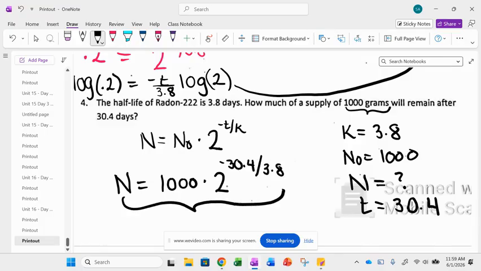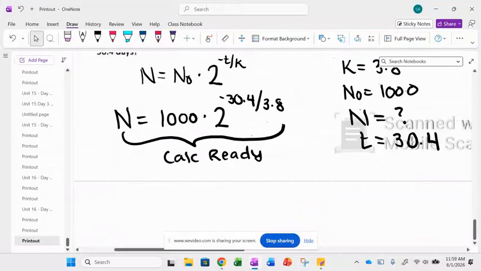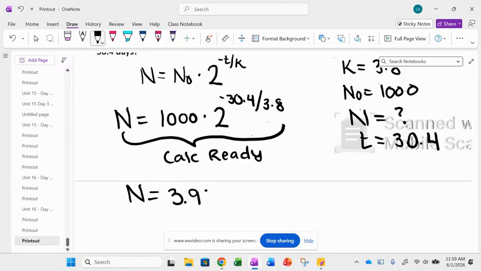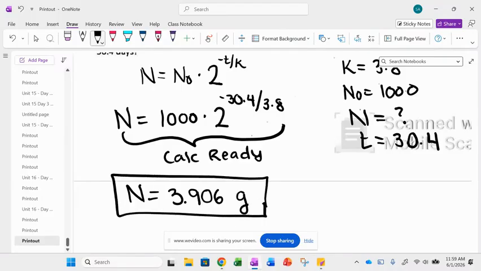Guys, this is your calculator ready form. You're just going to plug in here. Stephen, do you need to see me plug into the calculator? Does anybody need to see me plug into the calculator? No? So when you plug in, you should get N is equal to 3.906 grams. You do need your units, guys. In these word problems, you do need your units at the end. All right, so your homework